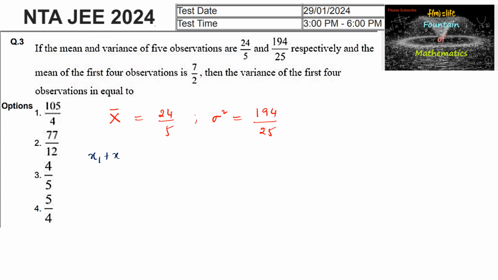Let us consider x1, x2, x3, x4 and x5 are the 5 observations, divided by 5, is equal to 24 upon 5, which implies the sum of the 5 observations